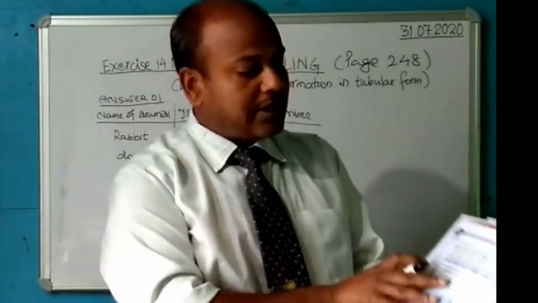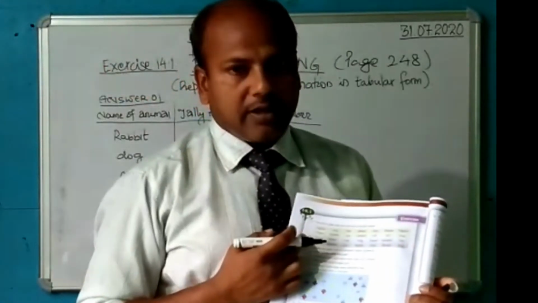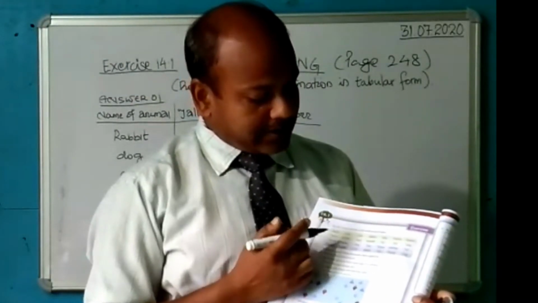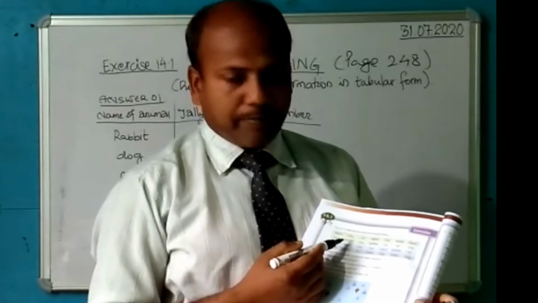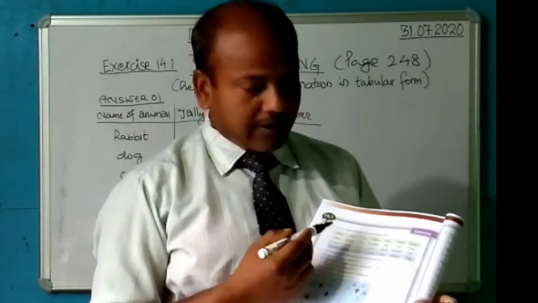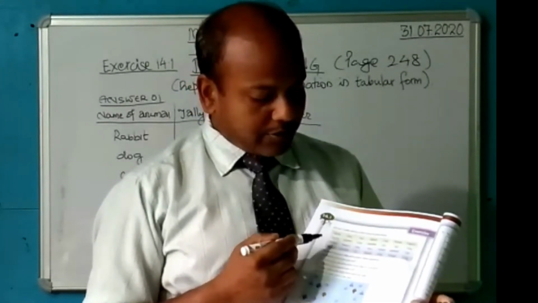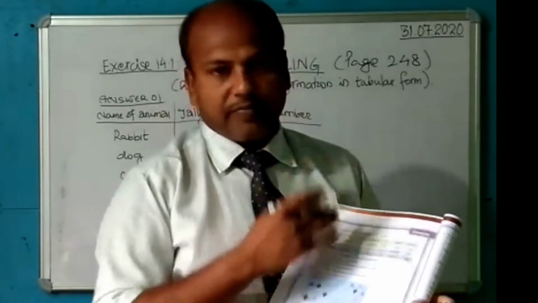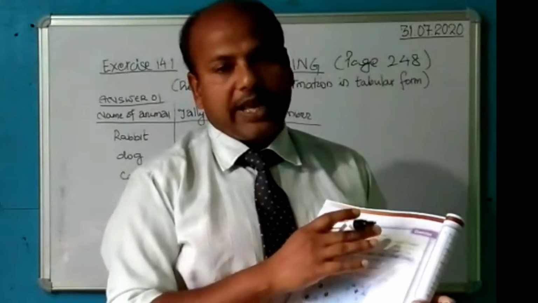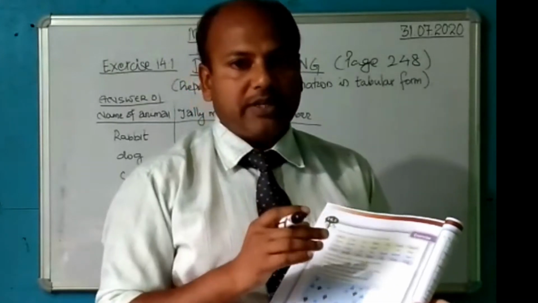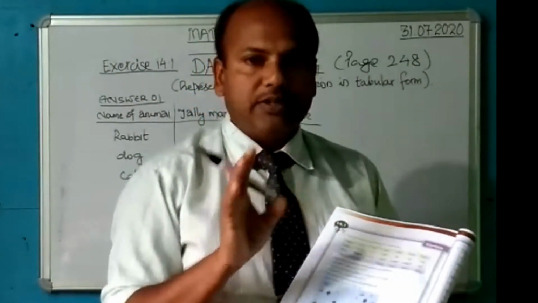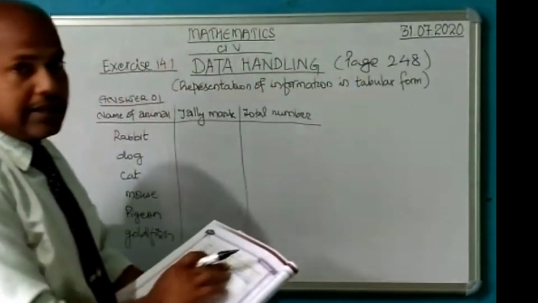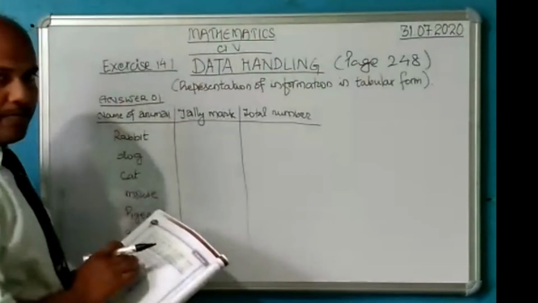So there is a table, and in this table these all are the names of the pets sold by a pet shop. Okay, he has sold rabbit, pigeon, mouse, pigeon, dog, goldfish, rabbit, goldfish, this way. So that means several times the animals have been repeated, so those many animals have been sold. So from this given data, let us frame a table.